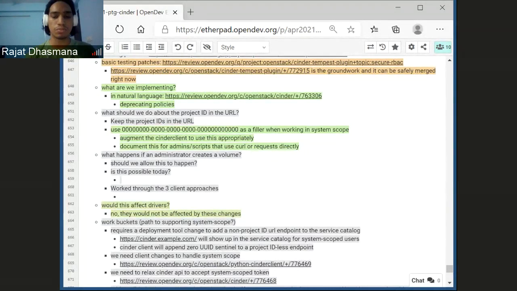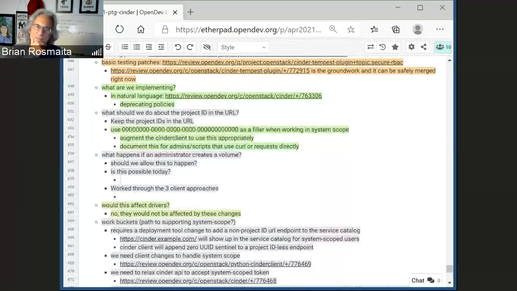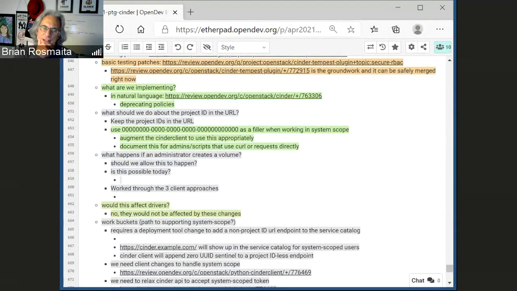You said it won't be visible on the catalog. So where exactly, like, yeah. I guess so, since we're going to have a special endpoint, you need to have a special endpoint for when you're requesting system scope, because there's no project ID to put in the template.